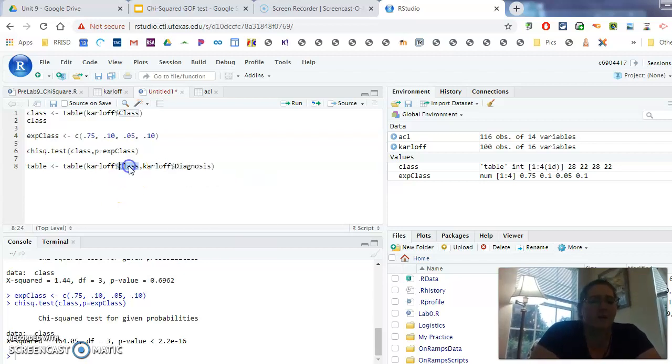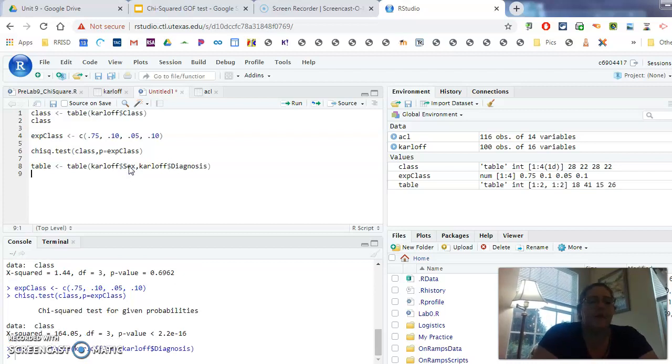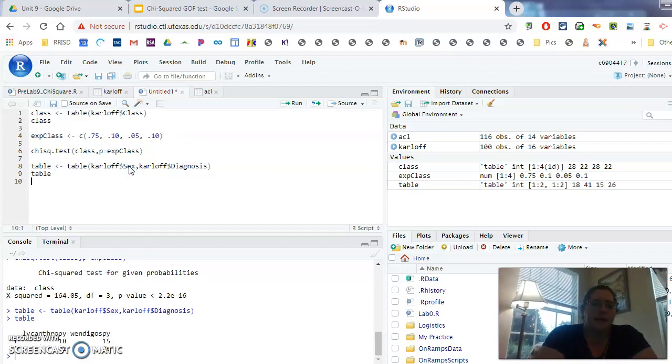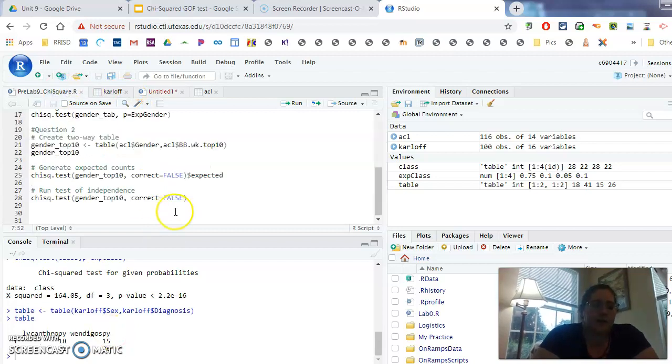Why did I say class? What did I say? Sex? Okay. So I have this table. Again, if I want to see the table right now, I can. There it is. That tells me how many females and males they have in lycanthropy and Wendigo-speed. Then if I want to test for